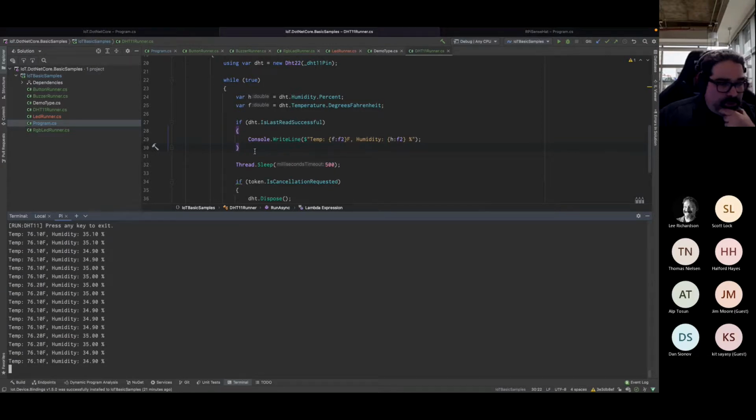it's a well-known issue. If you go to the Iot Dot Device Bindings repository in GitHub, these devices are not too reliable. They work, if you're using the Python libraries, around 90% of the time. If you're using this library, maybe around 75% of the time. And it's all about timing. If you want it to be 100% precise, I believe the common comment that I've seen is use an Arduino.